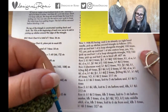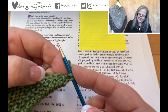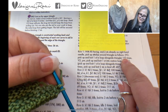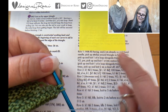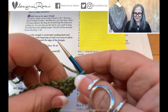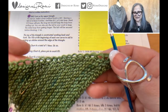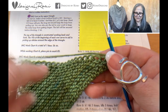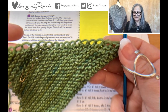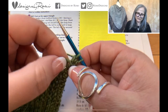So with right side facing and 2 stitches already on right hand needle, which is these 2 stitches, I'm going to pick up the stitches around the triangle by doing a yarn over and then pick up and knit one in each loop alongside the triangle. So in this particular case, I only did chart A, and that has only 17 yarn overs along the side. So I'm just going to be picking up the 17, and I'm going to start up at the top here,